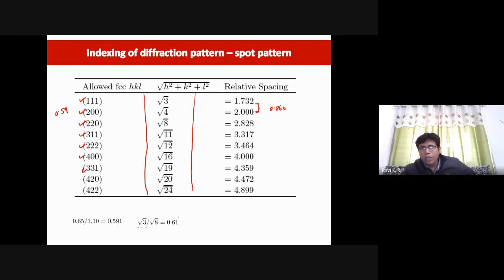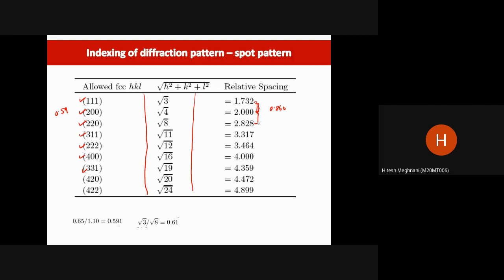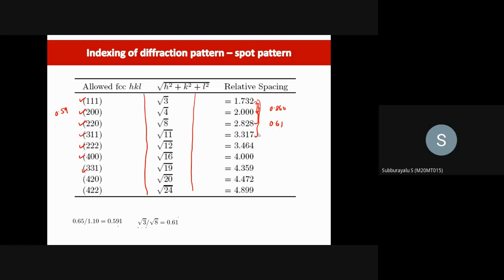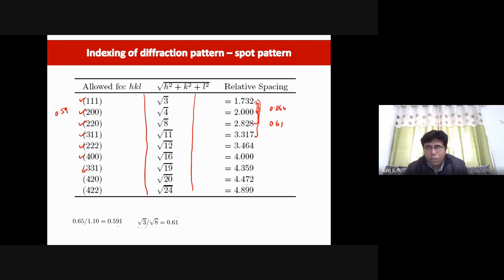Okay, now you compare these two values. 0.6124. And what you have measured is 0.59. That means 0.61. Now you compare these two values. So 0.5. Okay. That means what you measured is 0.59. Because you have measured in a scale that you do not know exactly, these two values are correct.